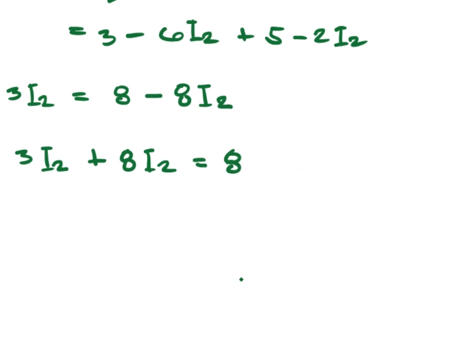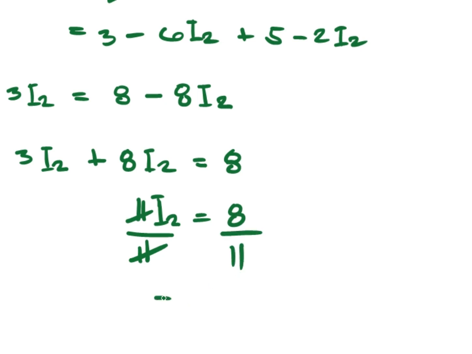Now 3I2 plus 8I2 is 11I2 is equal to 8. Divide this by 11, divide this also by 11. I2 is 8 over 11, which is approximately 0.73